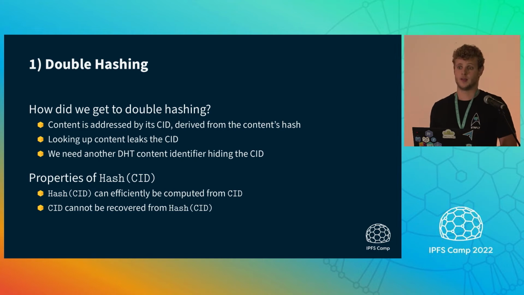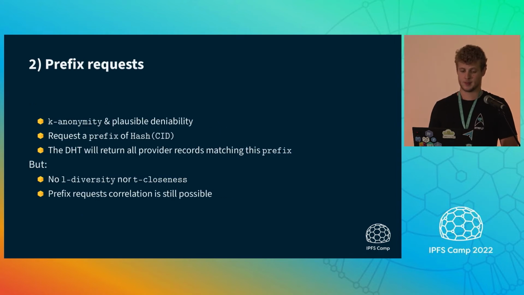And also what we want is that this new identifier shouldn't be hard to derive. So once we have the CID, we want to be able to efficiently find the identifier in the DHT. So that's one first improvement, so that if I request a key in the DHT, the node there can learn it, but cannot get anything from it. Now, in order to gain key anonymity and plausible deniability, what we can do is instead of requesting exactly